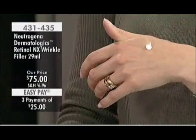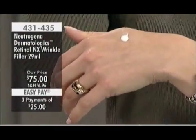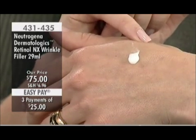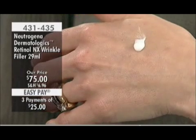So what I just put on my hand, which is not a lot, I could do around the 100%. And the beauty of this product is that in as fast as 10 minutes, people start to notice that result. Kind of like my sponge analogy here. Very, very quickly, you start to notice that it plumps up that area, and it diminishes the look of those